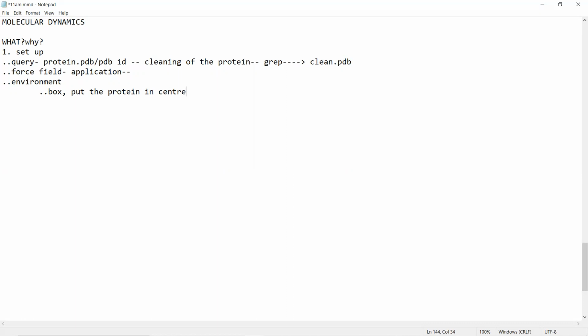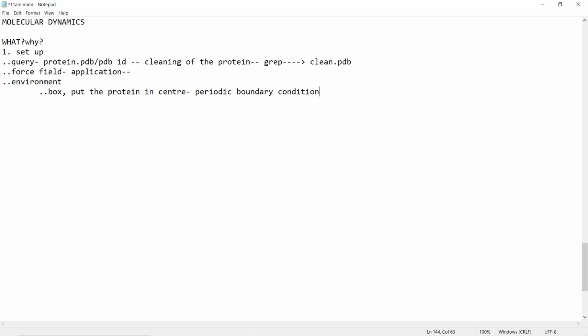which is basically the periodic boundary condition. Now, what are periodic boundary conditions? The protein is in the center, I told you.